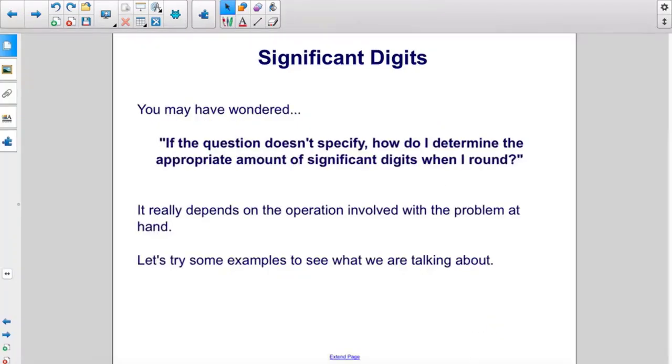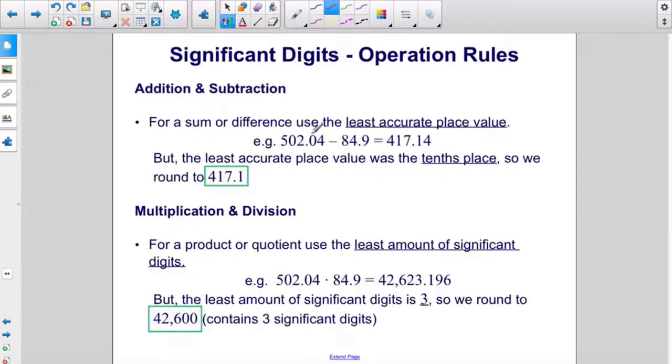You may have wondered, if the question doesn't specify, how do I determine the appropriate amount of significant digits when I round? It really depends on the operation involved with the problem at hand. Let's try some examples to see what we're talking about. For a sum or difference, you're going to use the least accurate place value. For example, we have 502.04 minus 84.9 equals 417.14. However, the least accurate place value was the 10th place here, so we have to round to the 10th place,